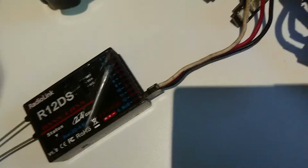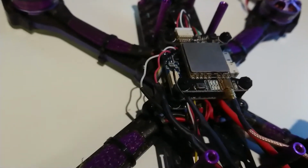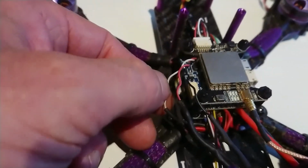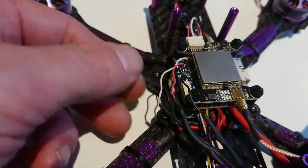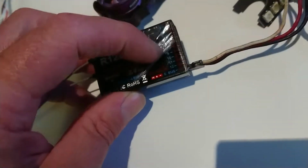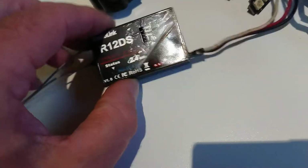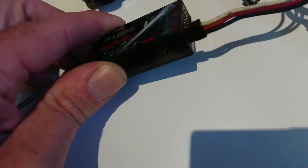Okay. But then if you look on the receiver, not receiver, that's the receiver in it. Come on, brain, function. Onto the flight board and bits and bats here. So these wires are the same: positive, negative, and then your digital feed wire goes in there. I had to put this on channel 3 to bind it, and then what you'll notice is if you put this in the end one here with the white up, you can see the colour,